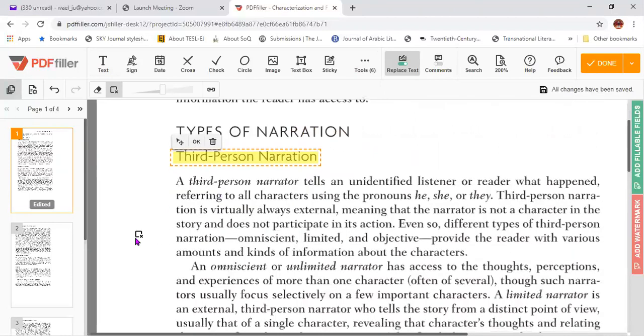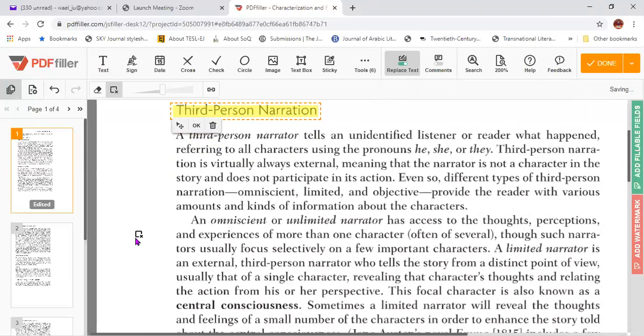What do we mean by this third person narrator? A third person narrator tells an unidentified listener or reader what happened, referring to all characters using the pronouns he, she, or they. Third person narration is usually always external, meaning that the narrator is not a character in the story and does not participate in action. Even so, different types of third-person narration, omniscient, limited, and objective, provide the reader with various amounts and kinds of